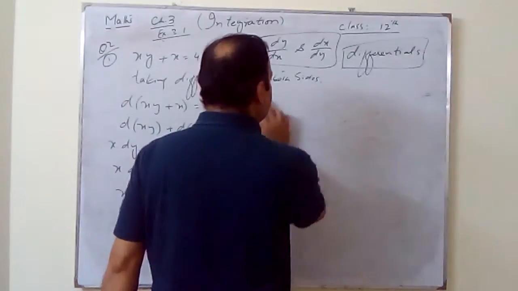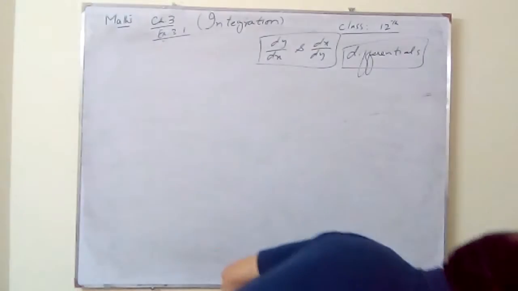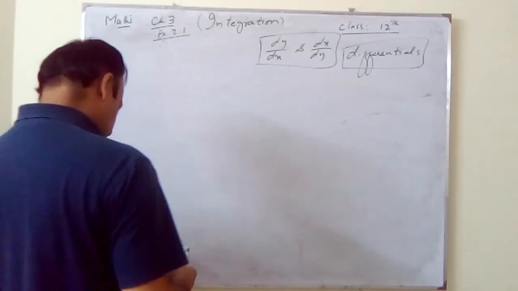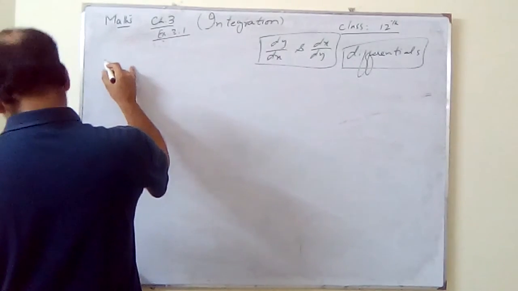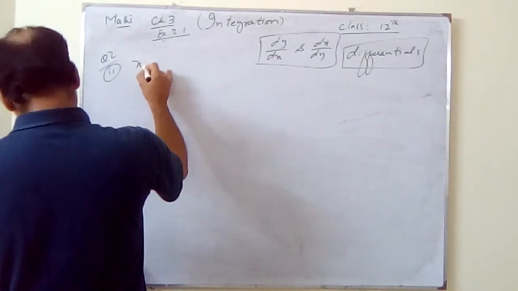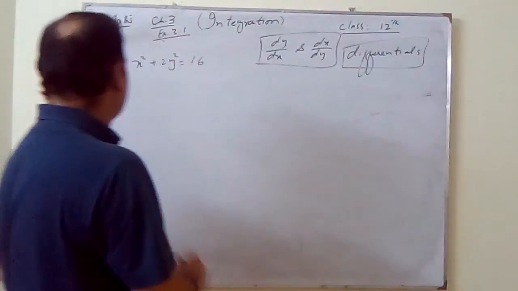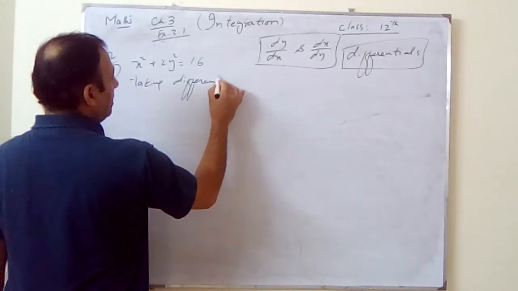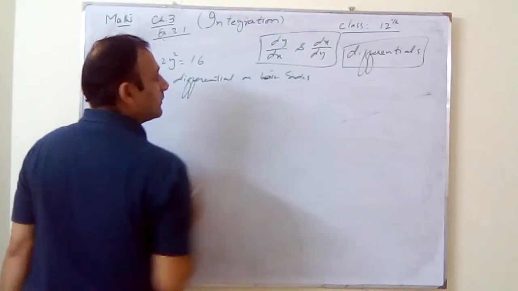I solve another part of this question. Quickly I solve the second part, question number 2 part 2: x square plus 2y square is equal to 16. So here, taking differentials on both sides,